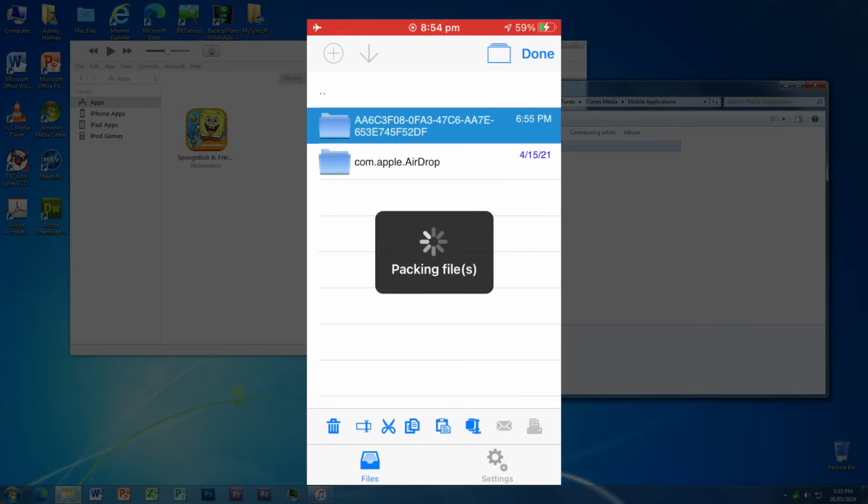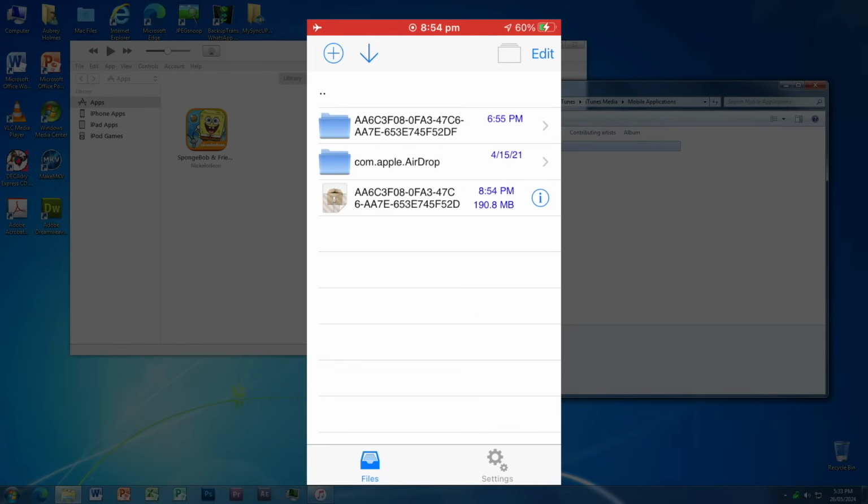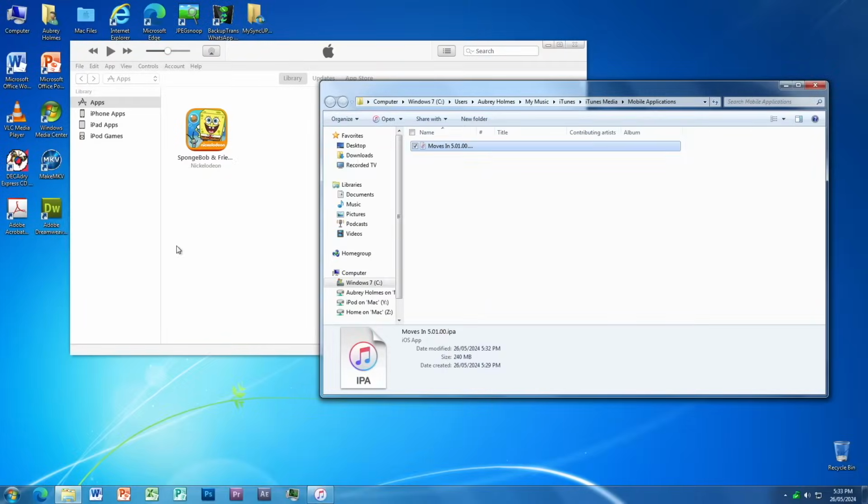I did shortly after realise that the zip file I made of the game files from the first SE is also around 200 megabytes, and since IPA files are once again technically just zip archives in disguise...